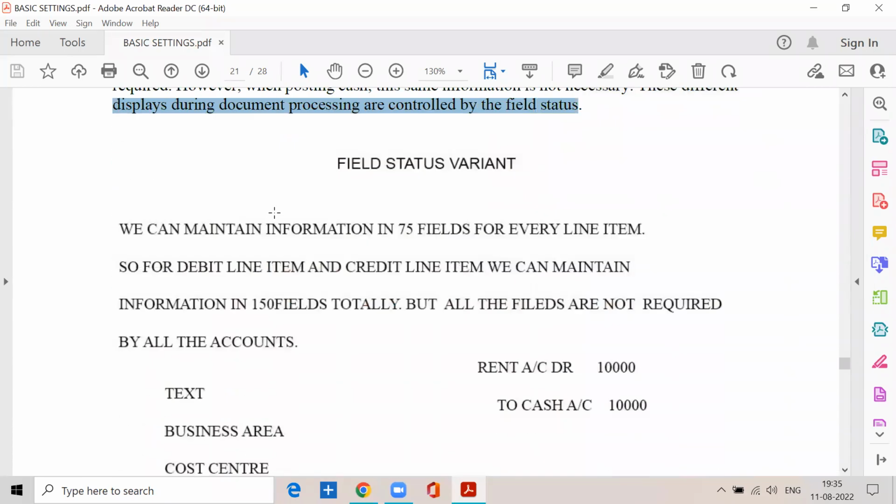That means, say for example, at the time of posting every business transaction, for each line item, we can maintain the information in 75 fields. So an accounting entry, or document, contains a minimum of 2 line items. One is the debit line item, the other one is the credit line item. So at the time of posting these business transactions, for each line item, we can maintain the information in 75